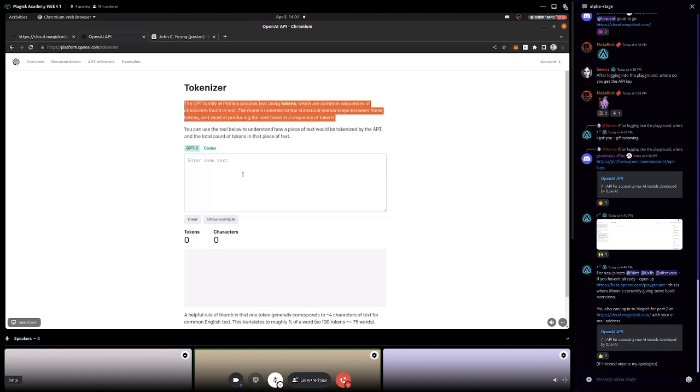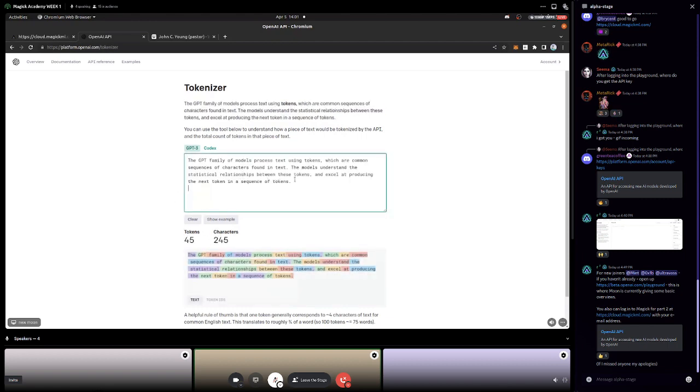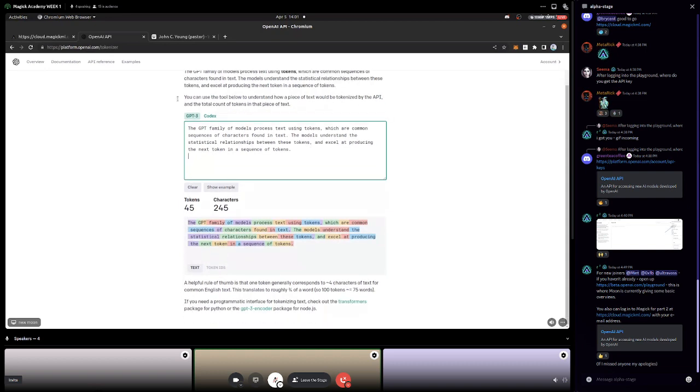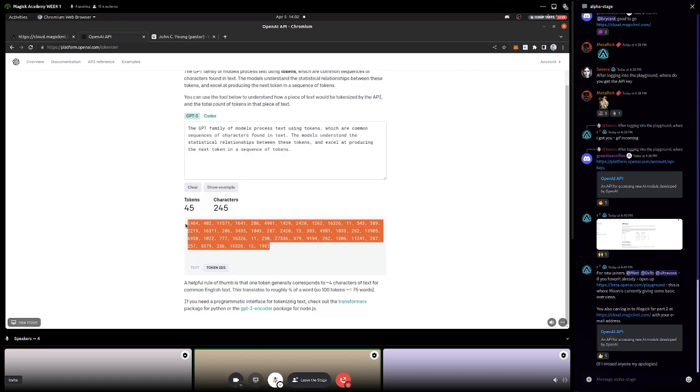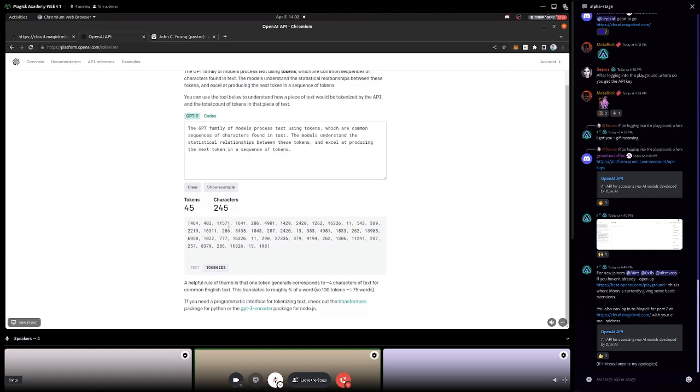So maybe I'll just copy this text in here so you can see what I mean. Just copied some text into the tokenizer, and you can see how it broke up the paragraph into the tokens. You can see the is a token, space G capital is a token, capital PT is a token, space family is a token. All of these are different tokens, right? Commas are tokens. And if I click on token IDs, it'll show me the vector. So this is like what the actual model sees. It doesn't know anything about letters. It just knows these kinds of numbers. And these numbers are corresponding to these tokens.